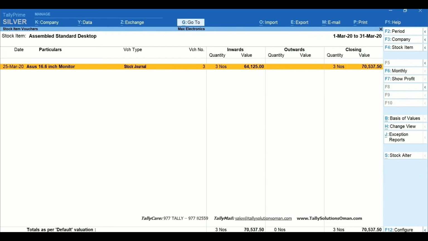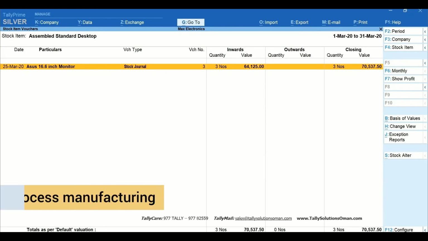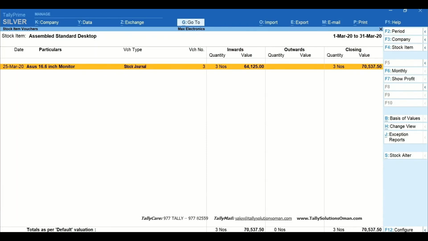The process we learnt in this session is suitable for manufacturing of products which do not have a standard or predefined list of raw materials to produce the finished goods, or finished goods requiring to follow process manufacturing method. If you follow a discrete manufacturing method or have a predefined list of components to manufacture finished products, watch the next video to know how you can automate using Bill of Material, popularly known as BOM.